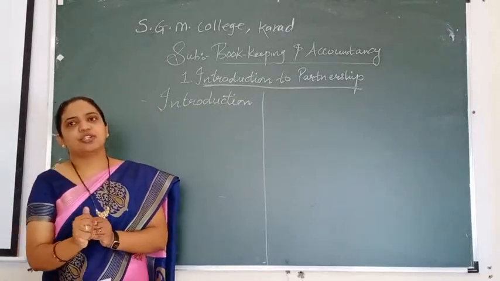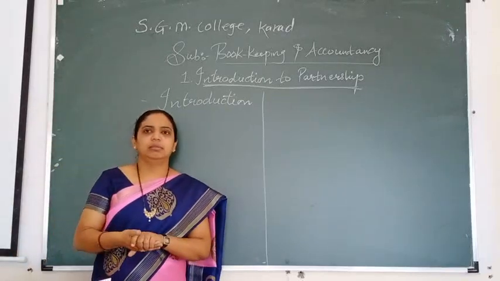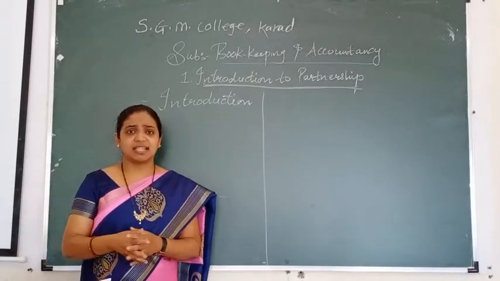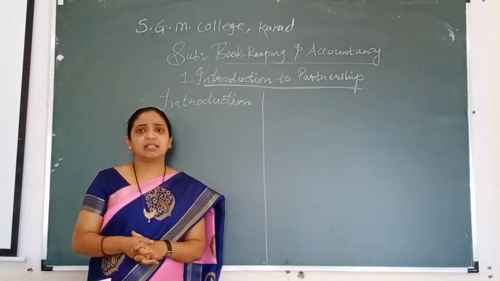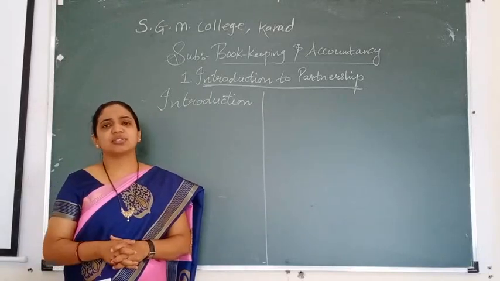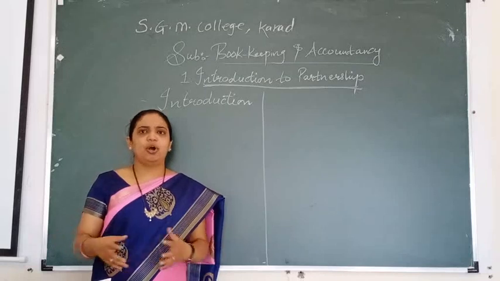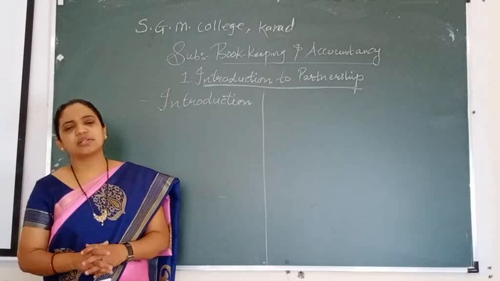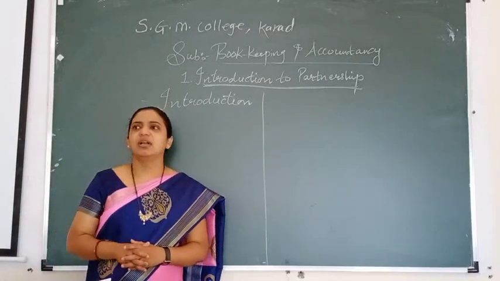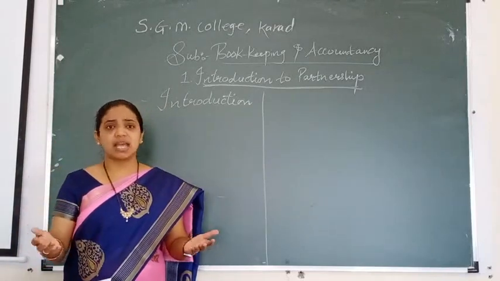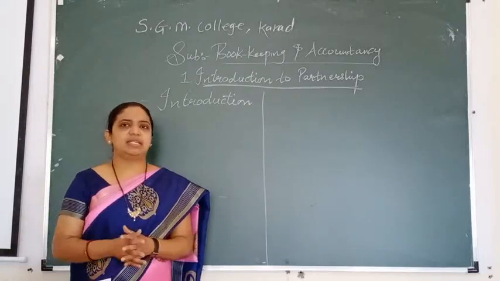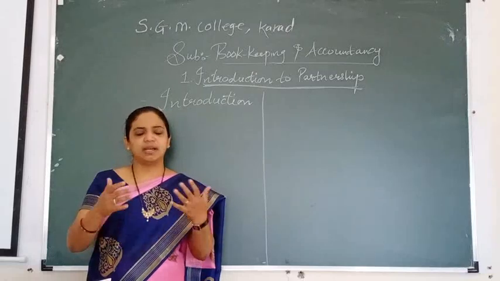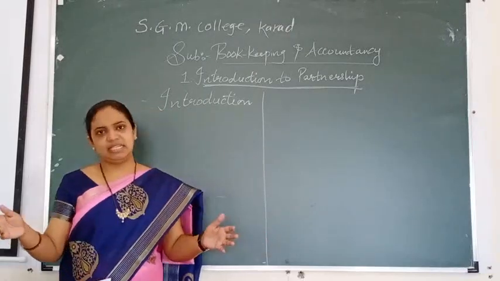In the introduction, first we have to know about the business. When a single person is running the business, you know very well that he is called a sole proprietor, or a sole proprietorship, or a sole trader too. He alone brings the capital, bears the risk, and also has unlimited liability. So always a single person is not enough to bear the risk with unlimited liability, etc.